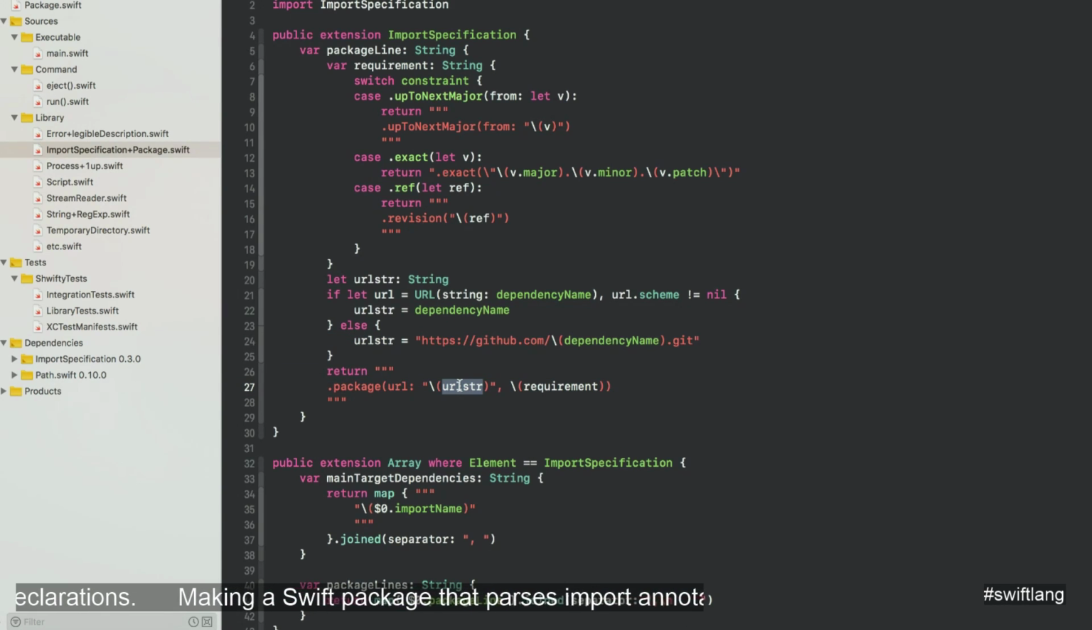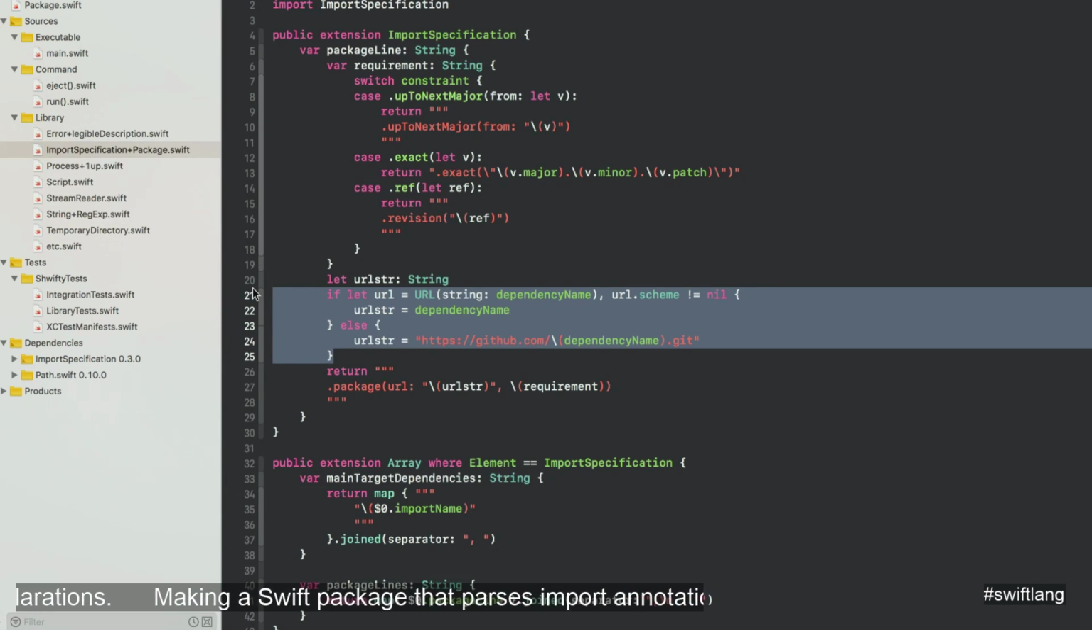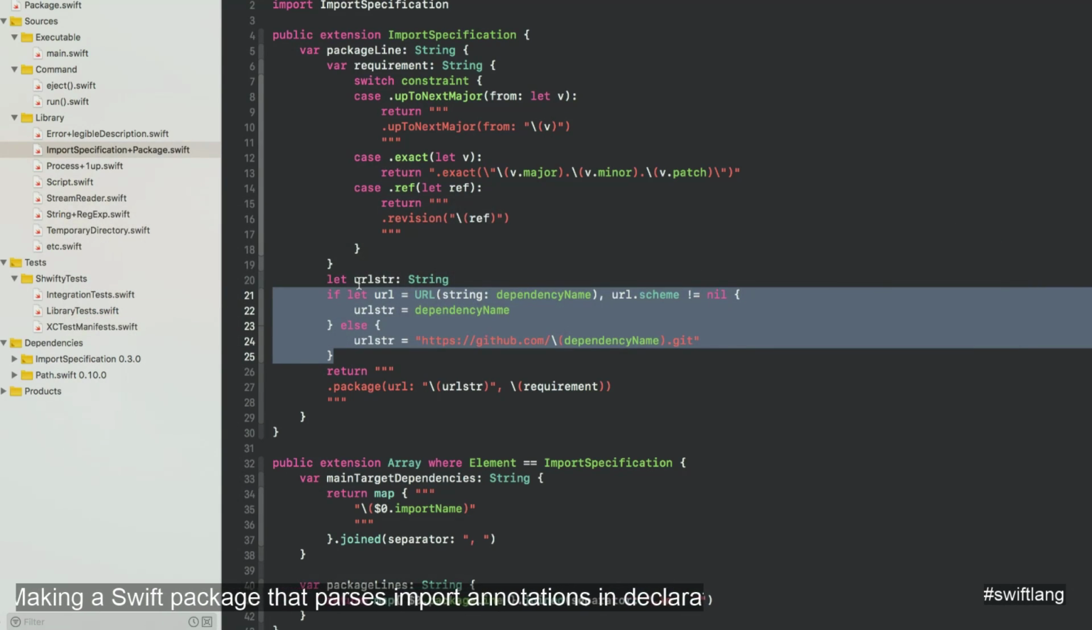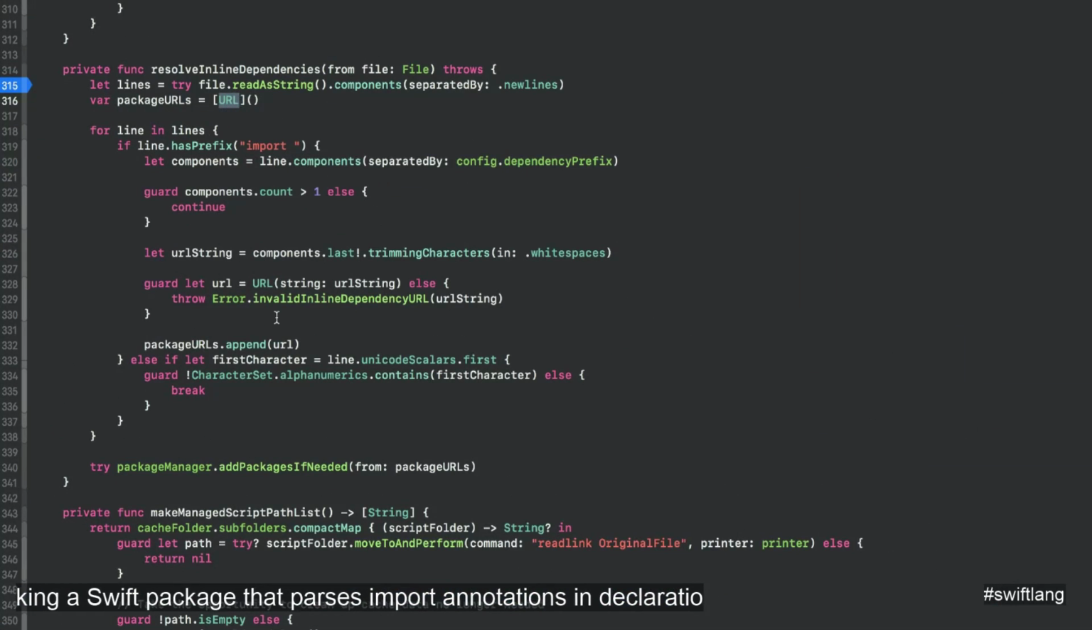Yeah, so I think we're gonna need this bit of code. Okay, so what is the plan? What is my current plan? My current plan is we just need to tweak this function, resolve inline dependencies, because it's the only thing we care about. And that's because